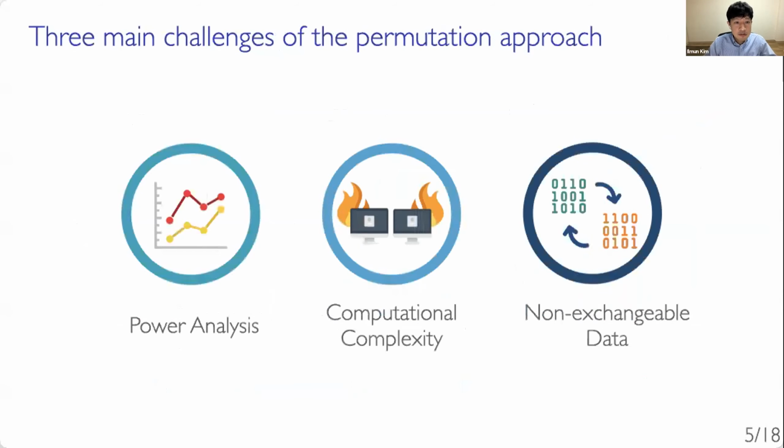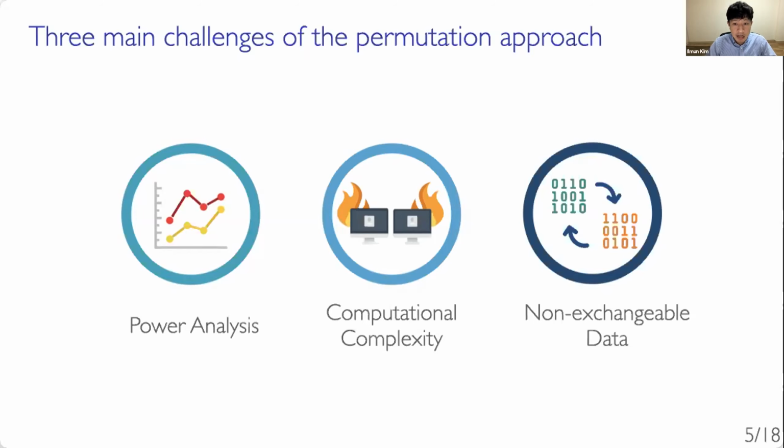Okay, so far I have illustrated that the permutation test has good properties in terms of type one error control, but now let me describe some challenges associated with the permutation test. So the first challenge is about power. Since the observations under the permutation sampling are no longer IID, it is difficult to study the power of the permutation test. The previous studies on these topics are mostly concerned with asymptotic results, focusing on a simple linear type test statistic. And so we don't yet have a clear picture of when the permutation test is going